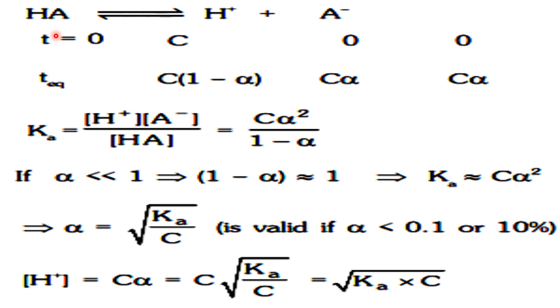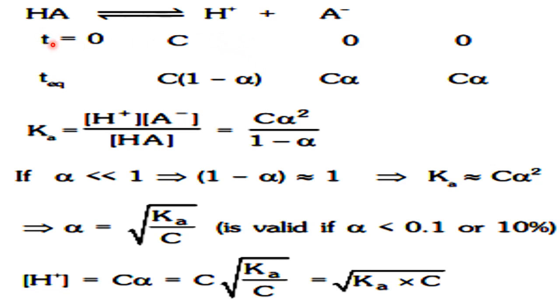Whatever reactant is there will become completely the product in the form of ions. They are called strong electrolytes, strong bases. But for ionic equilibrium, the examples are the ones which undergo partial dissociation. So they are weak electrolytes, that is, weak acids and weak bases. So today I have taken an example of a weak acid, general example HA. It dissociates partially, and still some acid is there and ions are there, and they are in equilibrium.